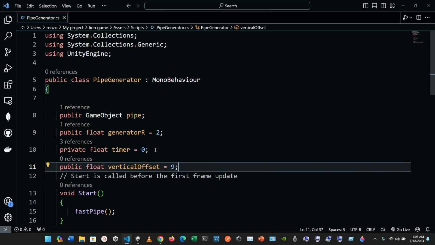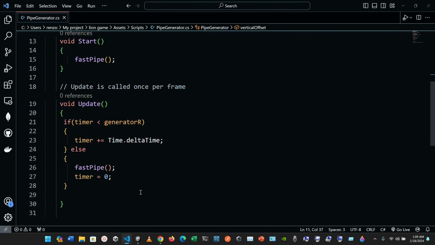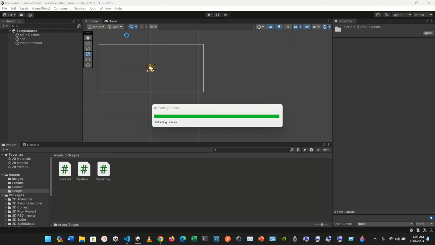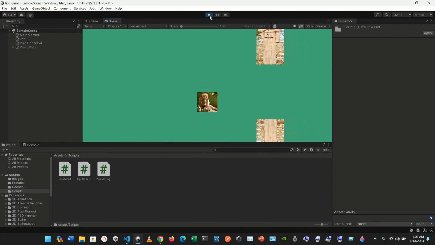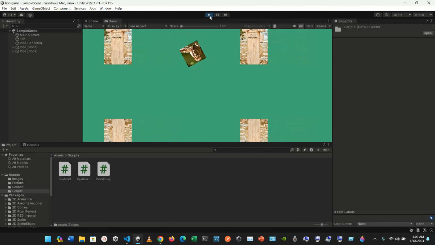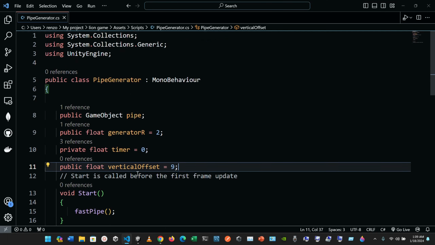Okay, let me see, we have that. It changes something? No, nothing yet. Okay, that's fine. Okay, let's go back here. So we have changed that. We have just added this vertical offset. Okay, so now what we are gonna do is we are gonna go into